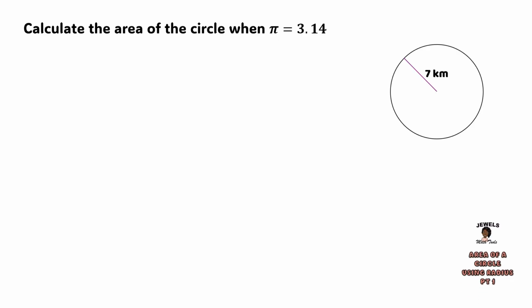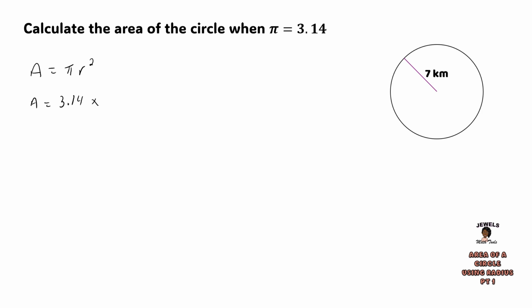So in our example today, we're given our radius at 7 kilometers, and we're told that we're using pi when it's equal to 3.14. So let's begin by starting with our formula. After you've written your formula, remember then you're going to go back and apply your rules for substitution. We are told that pi is equal to 3.14, which is going to be multiplied to our radius